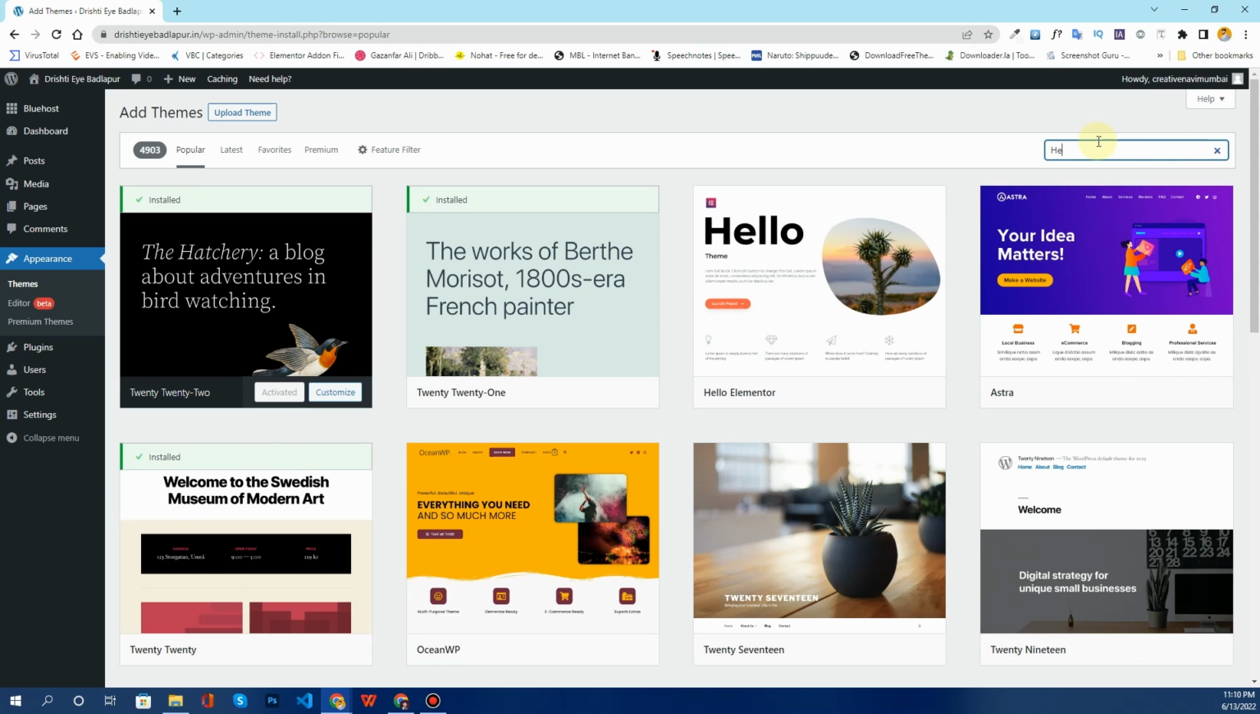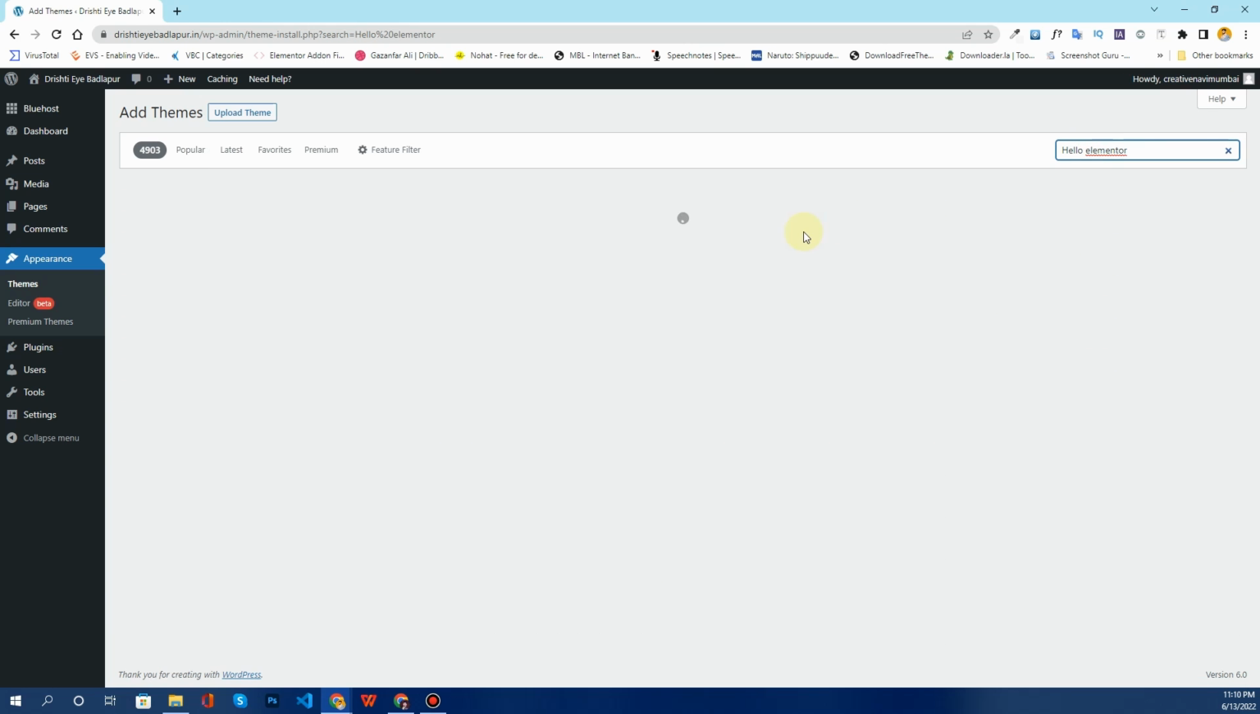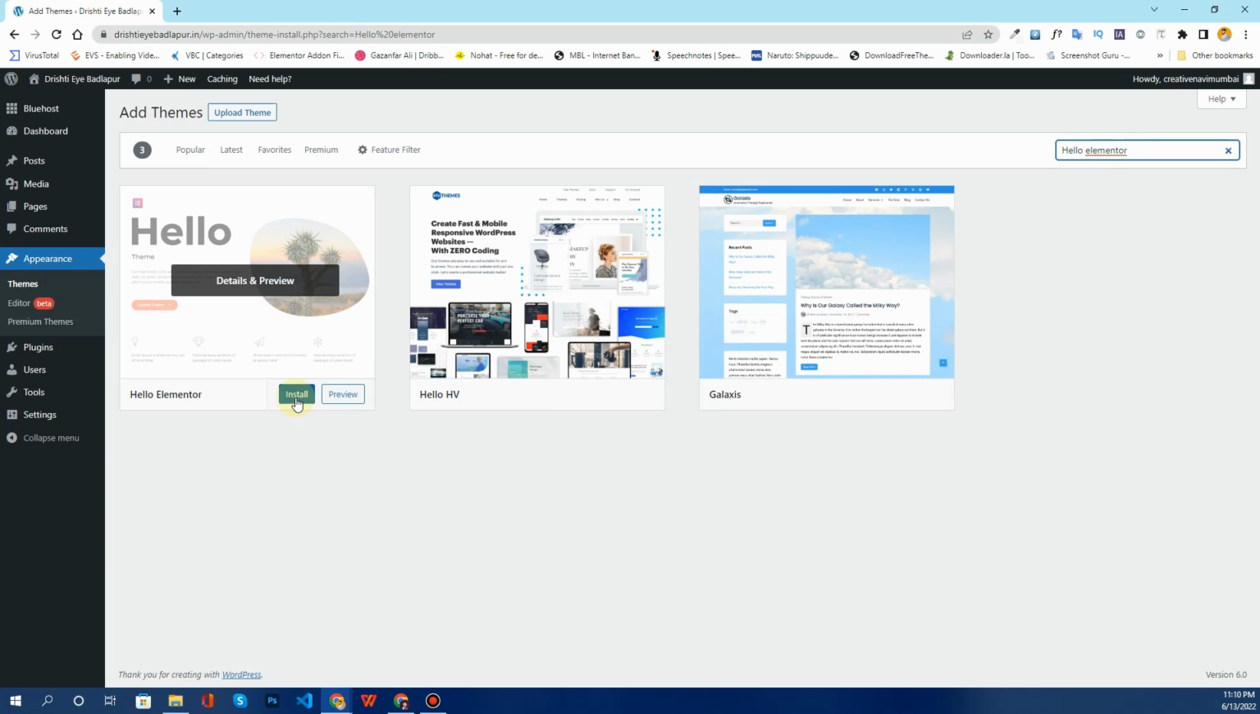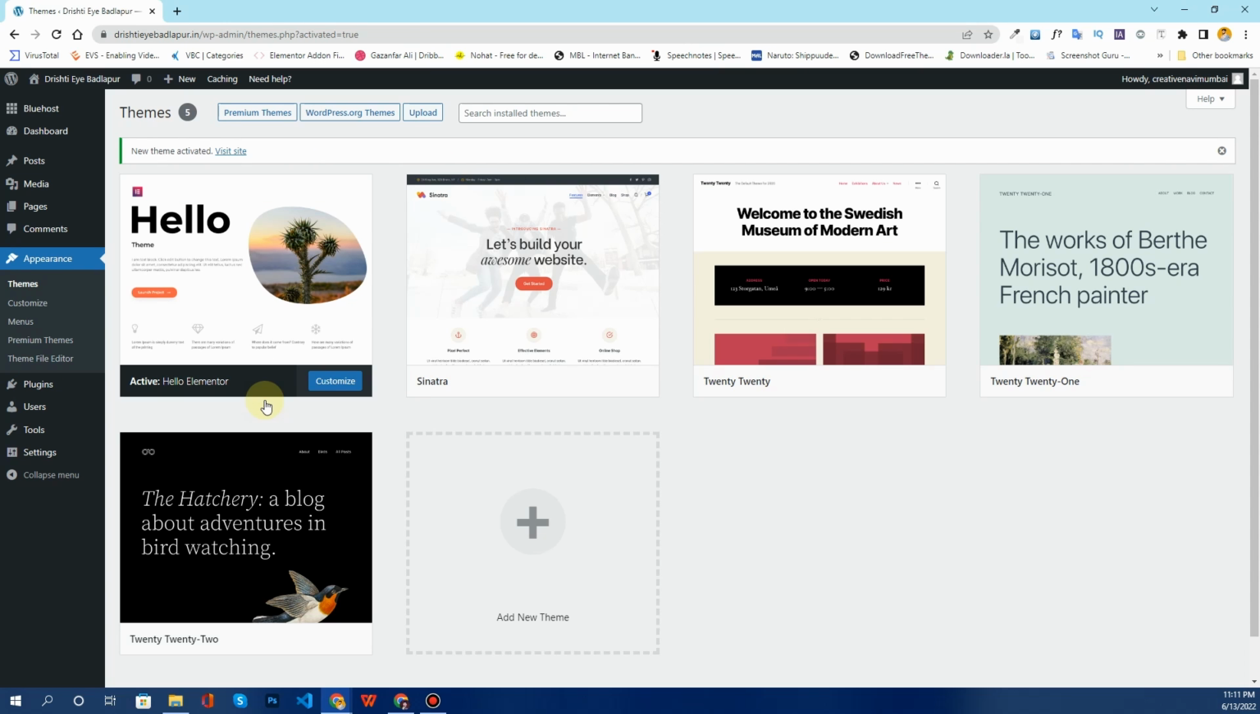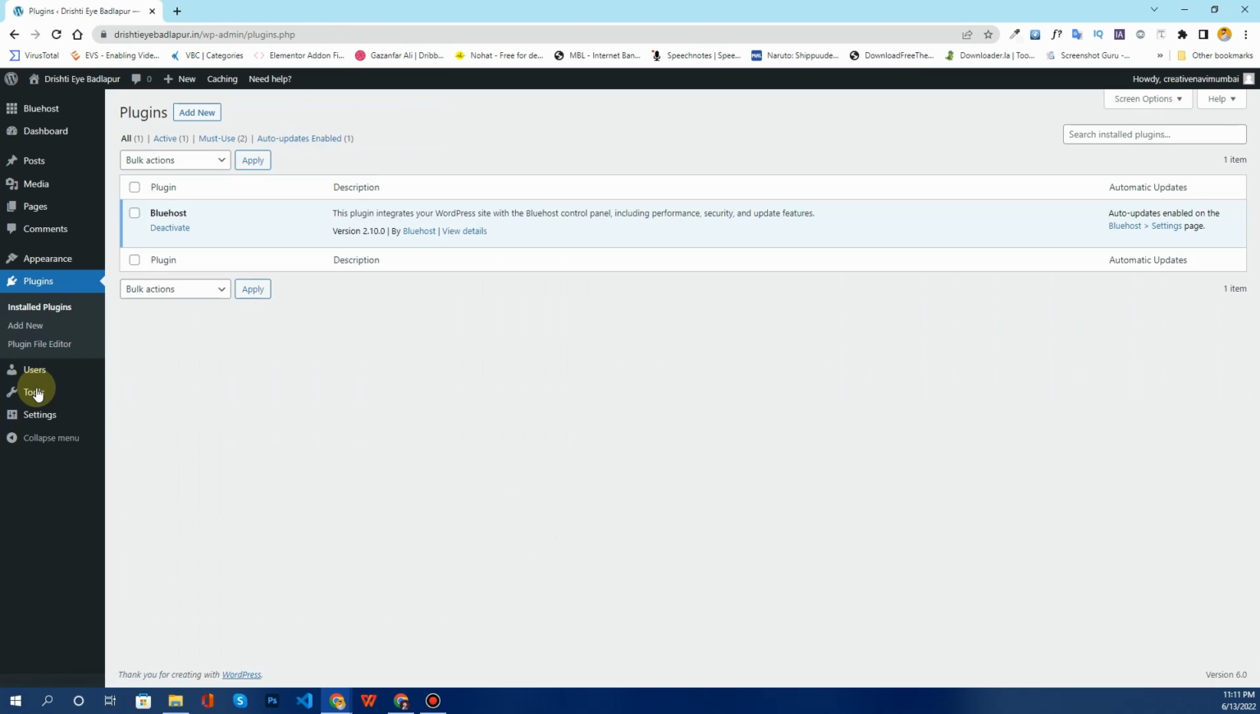Hello Elementor. So this is a theme that we are going to use. So simply click on the install button, and once you click on install, then click on activate. Once you activate the theme, the next thing that you have to do is to go to the plugins section and then click on add new,